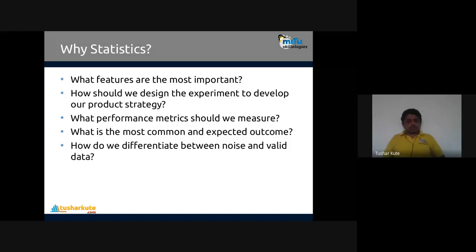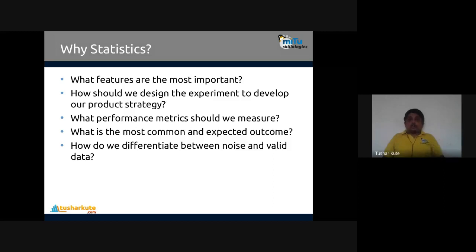Correct. So what can be the expected outcome that we can have? There are some formulas here: information gain, entropy. Based on that, you predict. Okay, we'll talk about that in unit number 4. So what can be the expected outcome from it that we can identify by statistical methods?